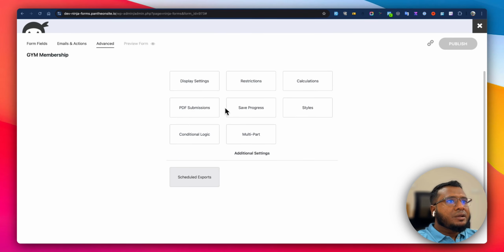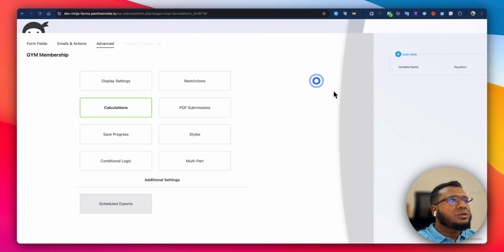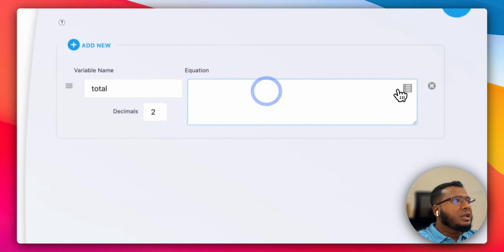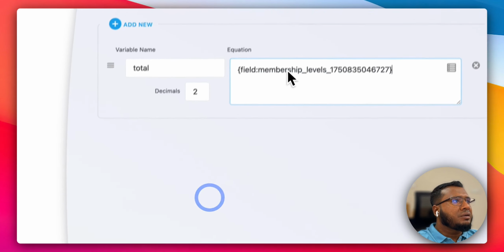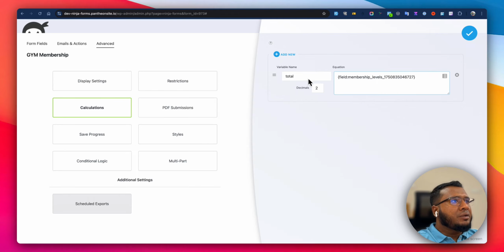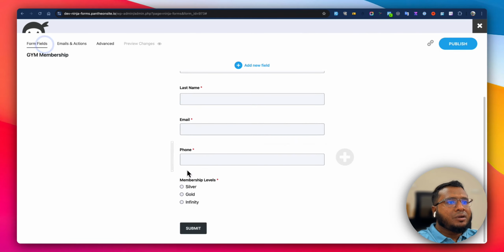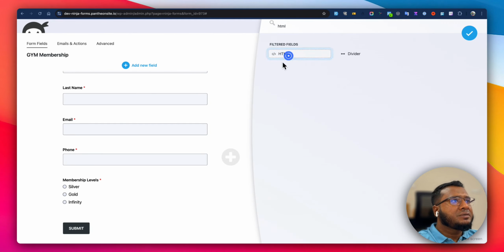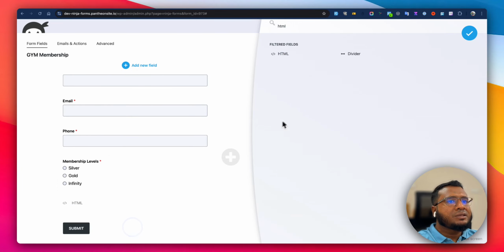So at first we will add some calculation. The calculation will be total, and it can be equivalent to the radio list field value. And we would like to display this here whenever someone selects a specific membership level. So let's add an HTML field, drag this to the top,